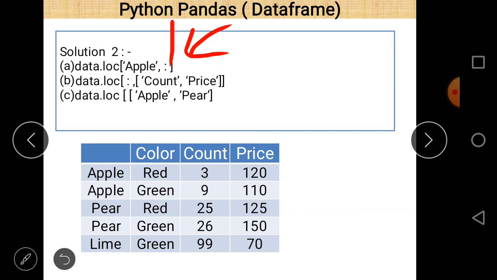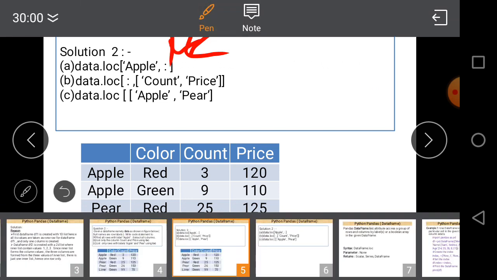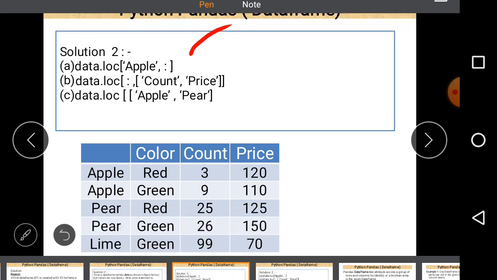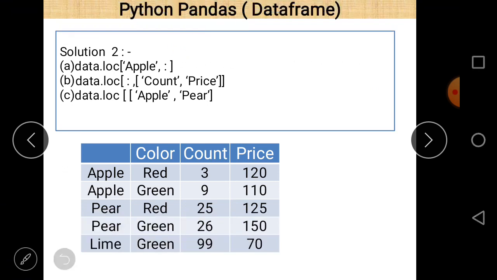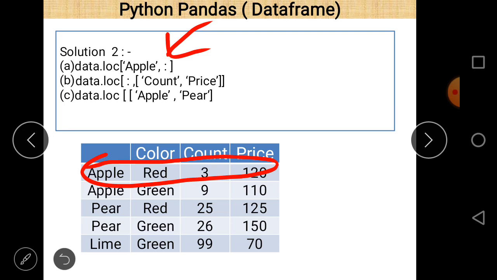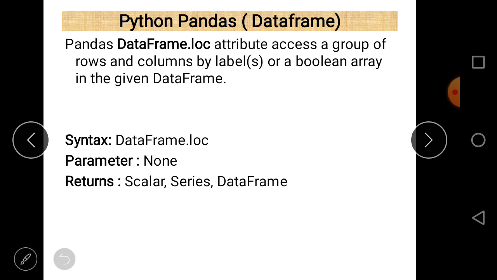Just write the colon sign. So it will select all columns. After writing that statement, close the bracket. So data.loc apple comma colon will select label apple with all columns. It means this result. So this is the answer of part 1, and then for part 2,